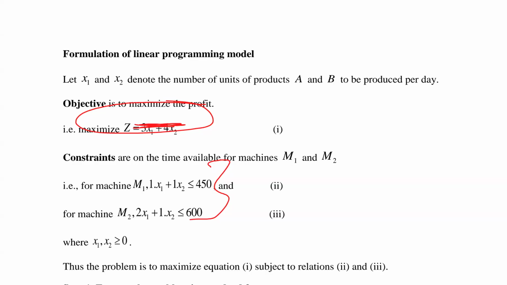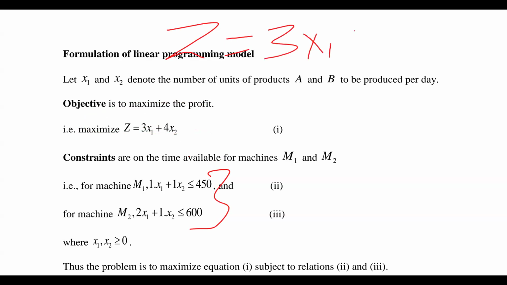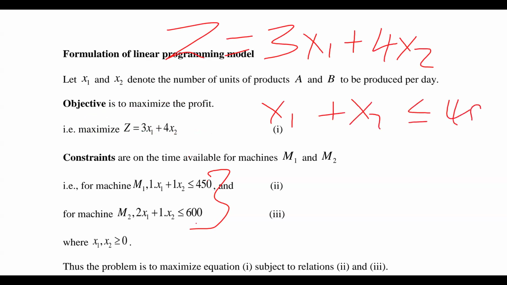So I was saying that if you're given a function like this, an equation to maximize, 3x1 plus 4x2, the first thing to do is to write it in standard form. And the standard form is based on the number of what? Of the constraints that you have. You have two constraints here. There is x1 plus x2 less or equal to 450, and the other one is 2x1